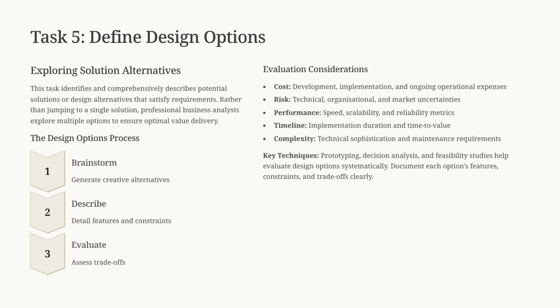This is the creative yet analytical part of business analysis. In this task, we identify and evaluate different design alternatives that can fulfill the validated requirements. Instead of jumping straight to a single solution, we compare multiple ones to find the best fit. The design options process follows 3 steps: brainstorm, generate creative and feasible options, describe, detail features, assumptions, and constraints for each,